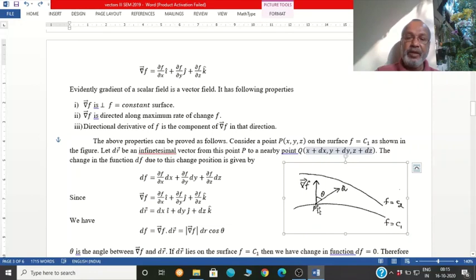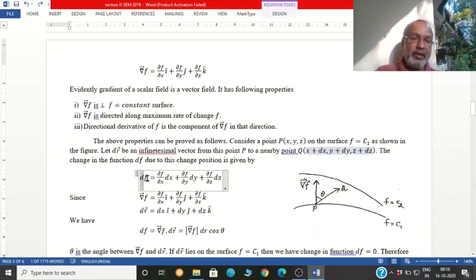Now when we go from P to Q, the value of the function can change. For example, if this is potential, at two different points it will be different. So let us consider the change in the function. That change in the function is given by df, and it will be equal to, by the rules of partial derivative, ∂f/∂x dx + ∂f/∂y dy + ∂f